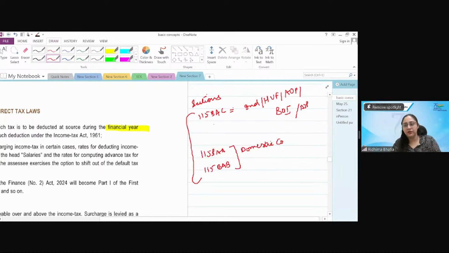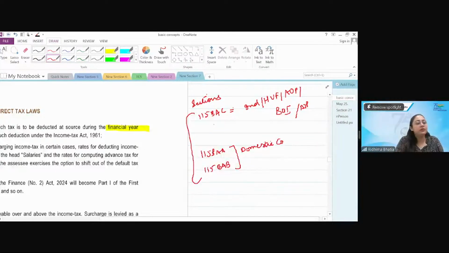Usme then Finance Act will not come into picture. So either if you want to go through the conventional method, then you have to see the Finance Act for the rate. If you want to go through the schemes method, which are now launched, then you have to see these respective sections. Now focusing on one by one, we'll be covering up the tax rates for individual HUF, AOP,